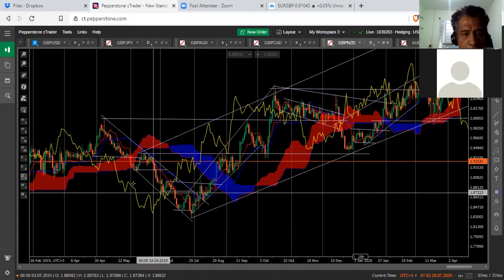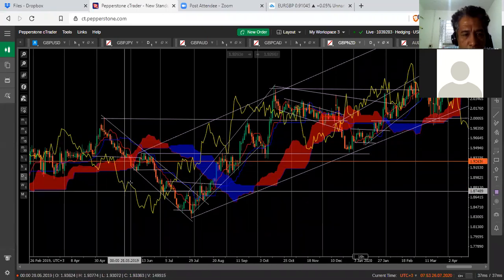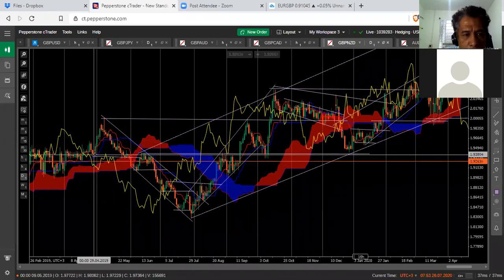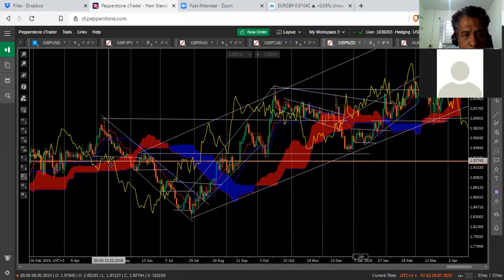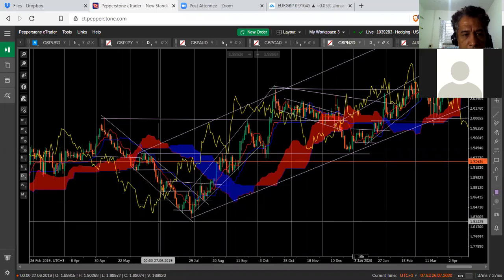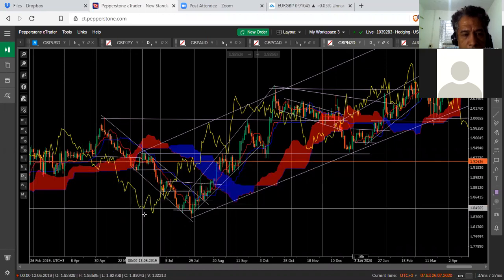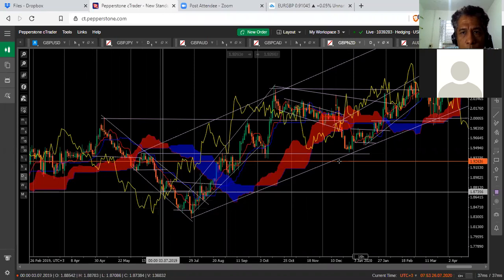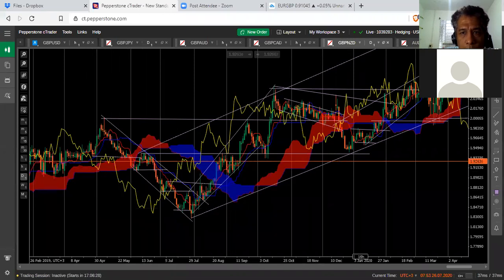All right, so it's very important to look at the Chikou, how Chikou crosses the price. Meaning to say, this is a short bias, especially since it broke the cloud. So we can see it here that,